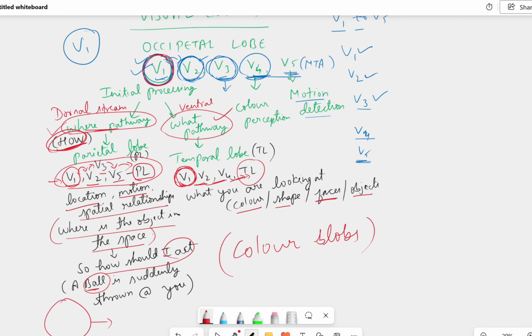So this is the kind of visual processing which happens in the visual cortex, in the areas V1, V2, V3, V4, and V5. These areas are placed very close to each other in the visual cortex, that is your occipital lobe. Clear? There is usually hierarchical processing of information. From V1 it goes to V2, V3, V4, and V5 to a certain extent. The further refinement, as we understood, is that initial processing always happens in V1. All the information which comes via the optic pathway relays in the lateral geniculate body. From the lateral geniculate body, it is initially relayed to V1, where the initial process